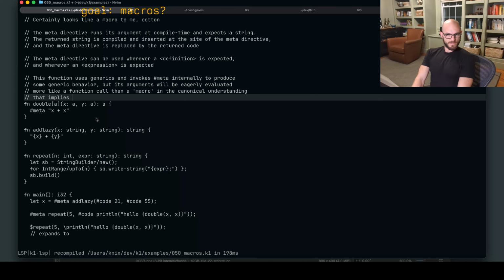That implies a more text-based approach.